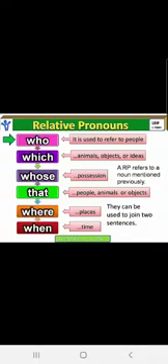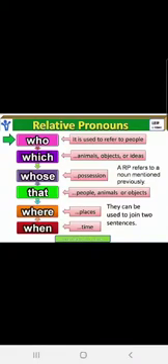Who is used to refer to people. Which is used for animals, objects, or ideas. Whose is used to show possession. That means it belongs to you or you are the owner of that. That means you possess that thing. That is used for people, animals, or objects. Where is used for places. When is used for time.